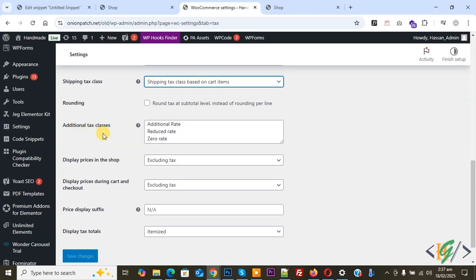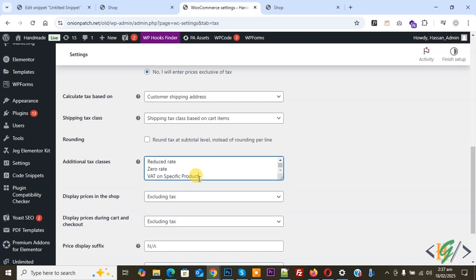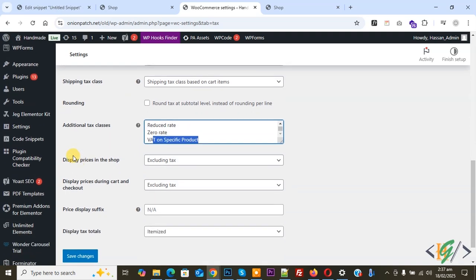So we are going to create an additional tax class and we are going to use this additional tax class in the product. Now press enter, so you can add a class name. So after clicking on save changes, your tax class appears here. So we are going to add a name. So we added the name VAT on specific product, and then you see display prices in the shop excluding tax,